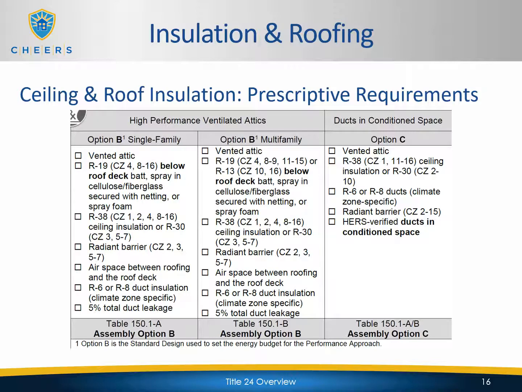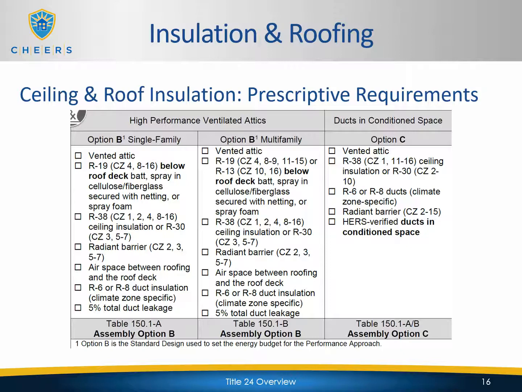As I mentioned, each of these options is going to have R values associated with it that are dependent on the climate zones in which you're building, as well as the location of that insulation. If we look at the first column there on the left, option B, single family, we're going to see that we need a vented attic. So it's going to be a regularly ventilated attic. We're going to need R19 in climate zones 4 and 8 through 16 below the roof deck. And this can be batts, spray and cellulose, fiberglass that's secured with netting, spray foam. So it's not limited to one specific type of insulation. Any of those that can achieve that R19 value and is approved by the manufacturer for installation in that location